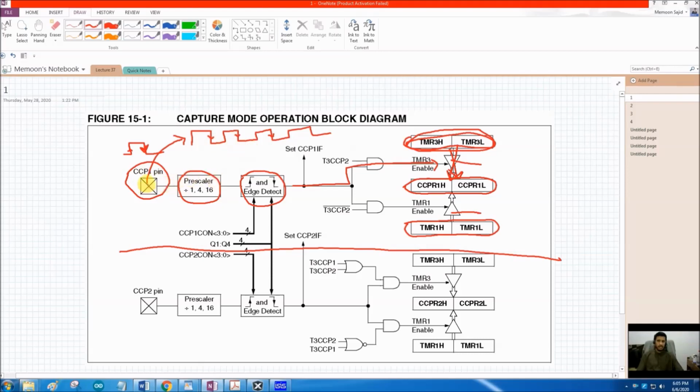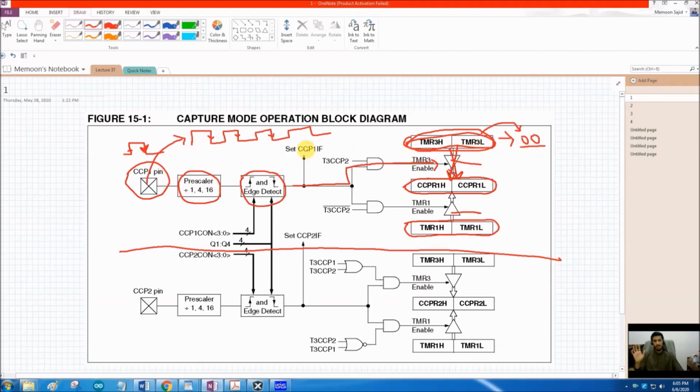So at each falling edge on this pin, the timer is running now. So it may have counted up to, let's say, a value of XYZ until the falling edge comes. As soon as the falling edge comes, that value XYZ is copied to the CCP registers. And then I clear the timer. So when I clear the timer, it again starts from 0. I am not shutting down the timer, I am just resetting the timer register to a value of 0, but I am not disabling or stopping the timer.